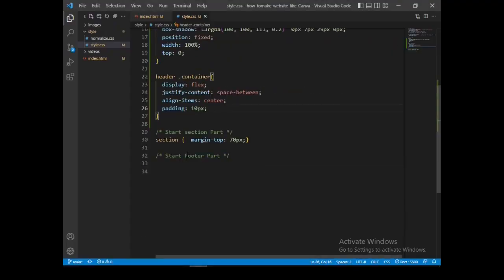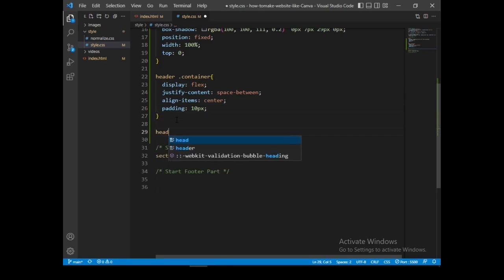Let me style next the header dot container dot.